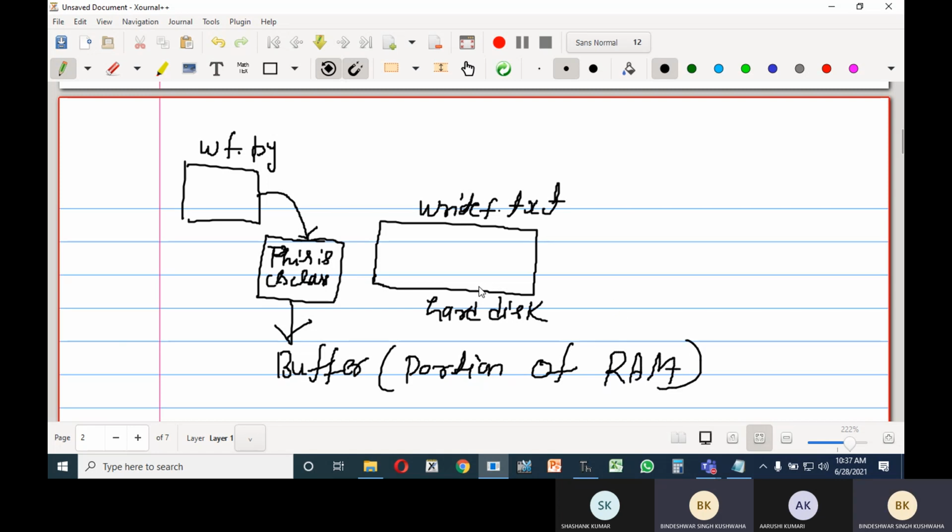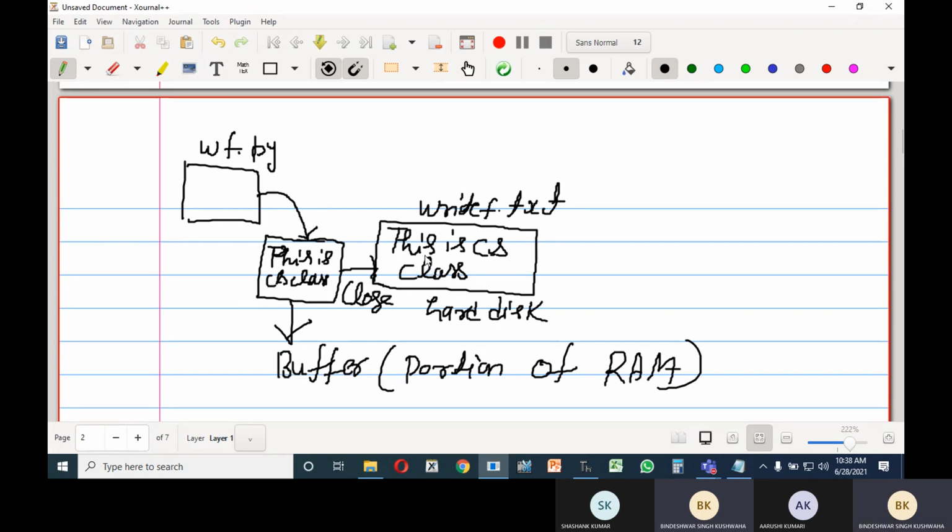What you are writing would be written in a buffer until you close the file. So if you close, thereafter this content would be written on this file. This is CS class. The system will ensure that you have written all the things and you want to close.